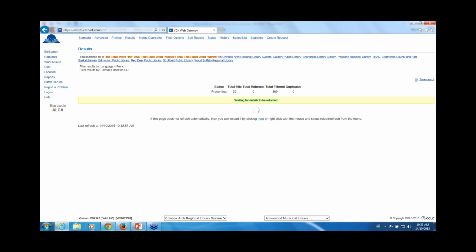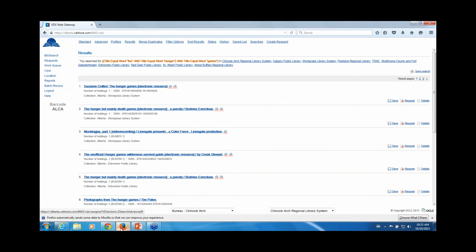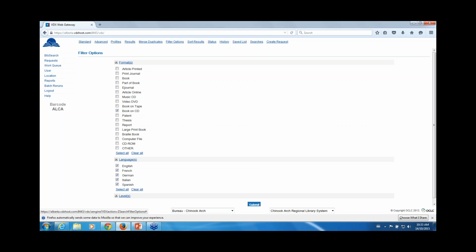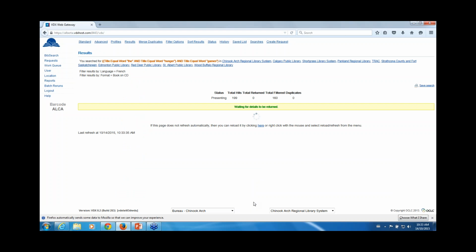Okay, so this is actually an interesting time to check the status of catalogs. This is a good example. I'm going to hijack Jen's slide here for a second. In a case like this, we know this item exists because we own it in our catalog in Chinook Arch. So the fact that it's not pulling up is a little frustrating. If you're ever in that case where you know this item exists, you know it's in Alberta, and you wonder why it isn't pulling up, you can check the status of the connections you're making to catalogs. If you click on status at the very top,